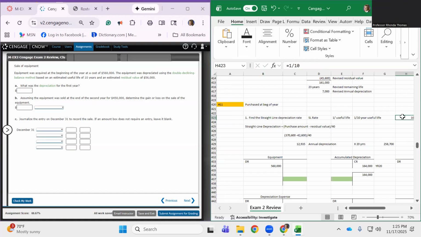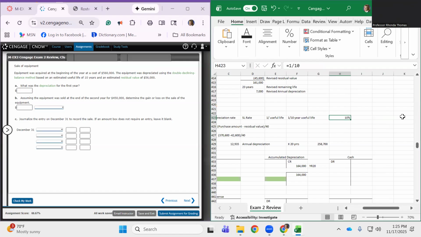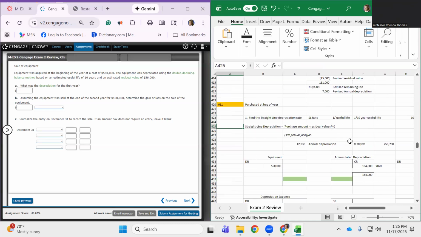So 10 years becomes 10%. Now we're going to use the double declining balance, not the straight line. We do need the straight line in order to calculate the double declining balance. So now here's what you do. So then you set up,